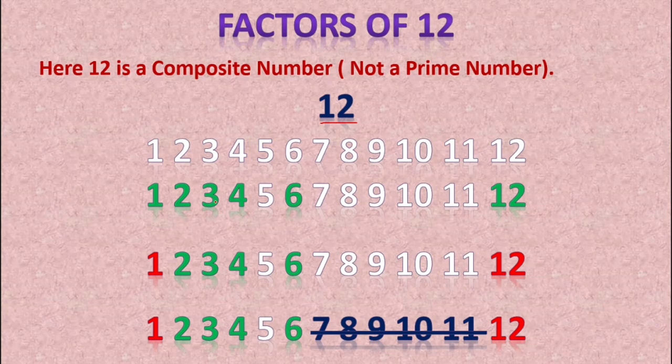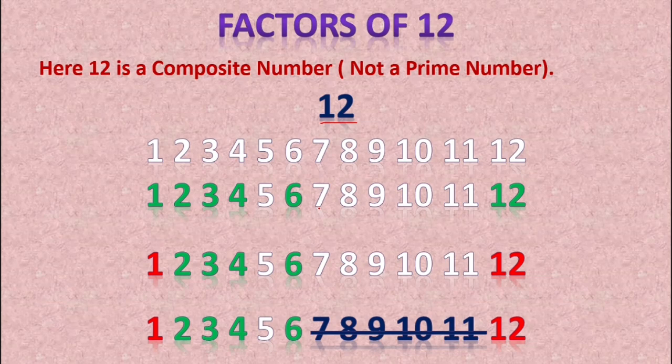Same with 3, 4 and 5: when divided, the remainder is not 0. For 5 it will be 2, since 5 twos are 10, and 2 is the remainder. The division I am talking about is integer division, not floating point division, which means no decimal points are allowed. And if I divide 12 by 6, then 6 also divides 12 perfectly, where the remainder is 0, so it is also a factor.